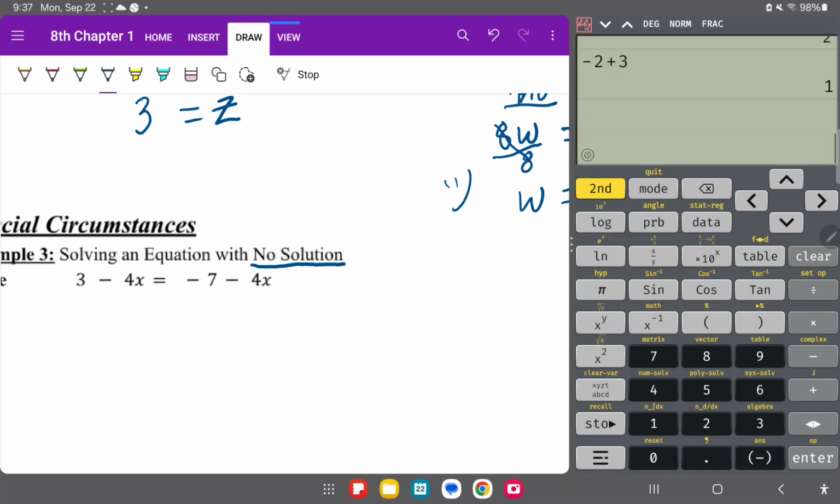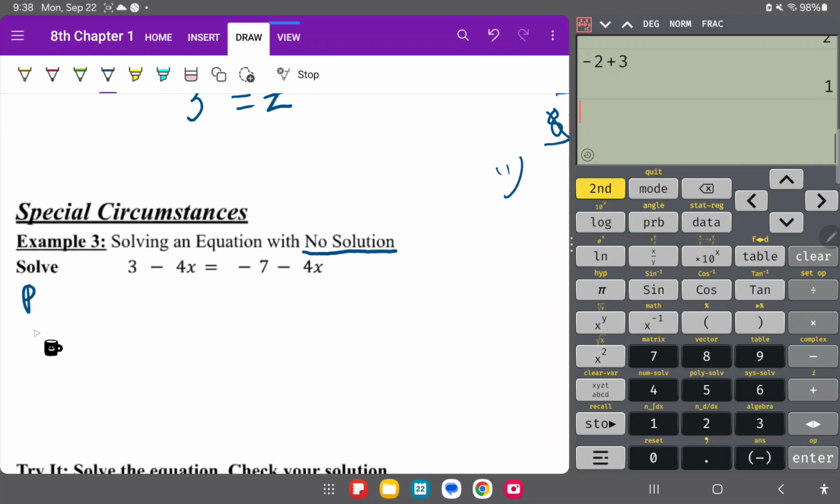Okay, so what we're going to do is follow our steps. There's no parentheses. There's no like terms to be combined on the left or on the right. We do have a variable term to deal with. So remember, we're going to take everything from the right, bring it over to the left. So this is a minus 4x, so the opposite of that is to add 4x. So we'll add the 4x. So that's going to cancel. So I'll bring down the 3, bring down my equals. Well, this also cancels over here,